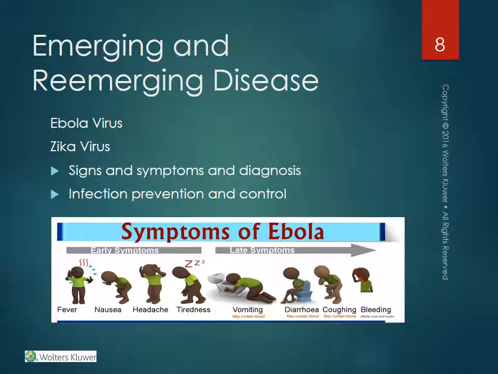The Ebola virus and Zika virus. Within the past year and a half, we've heard much about the reemergence of the Ebola virus and the emergence of the Zika virus. The Ebola virus first appeared in 1976 and made headlines again in 2014, hitting a little close to home. The Ebola virus is spread through direct contact to broken skin or mucous membranes with blood, secretions, or other bodily fluids from an infected person.